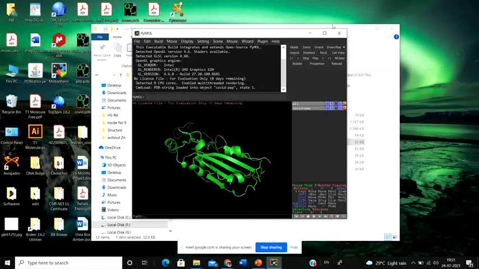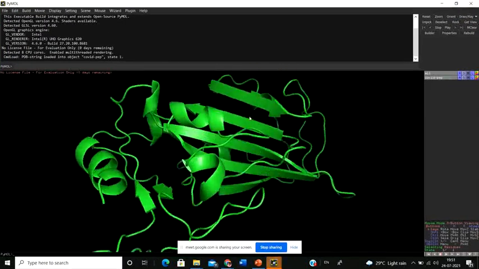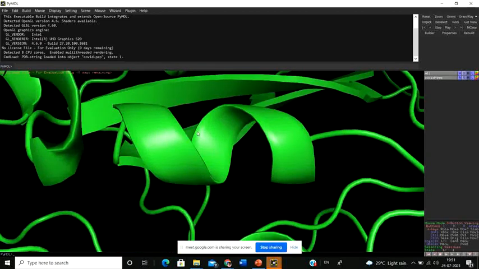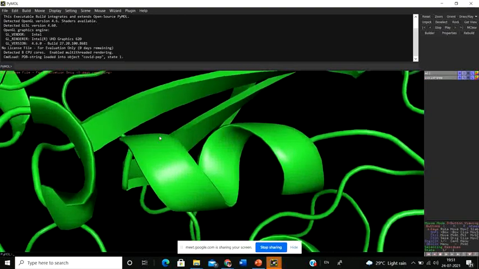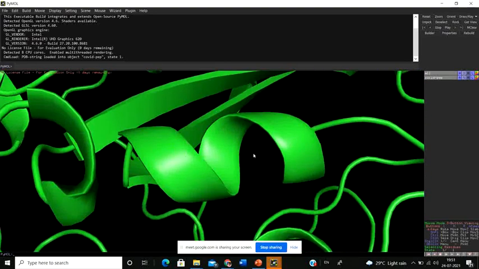Okay, see, in this particular case, this is the alpha helix. In this alpha helix, the hydrogen bonds are actually within this particular motif only. So this molecule is binding in an i to i plus 4 or i to i plus 3 connection. That means this alpha helix is bonding to this alpha helix only.